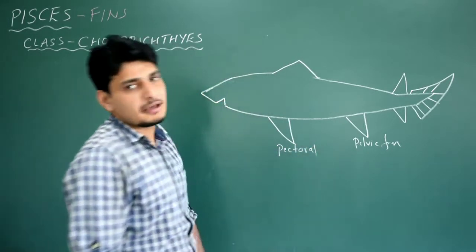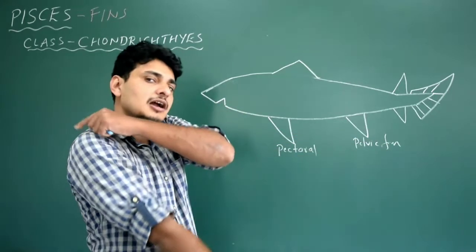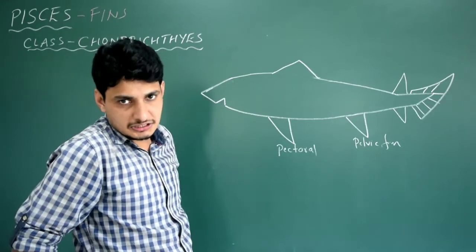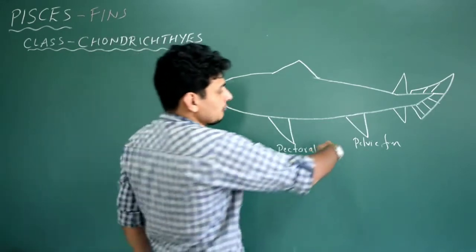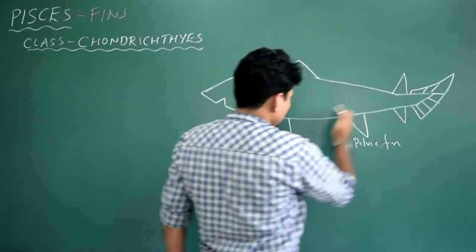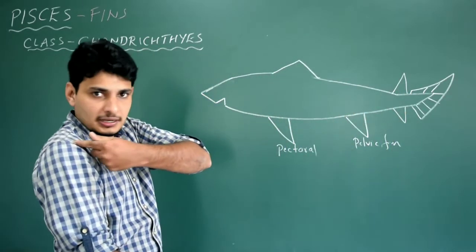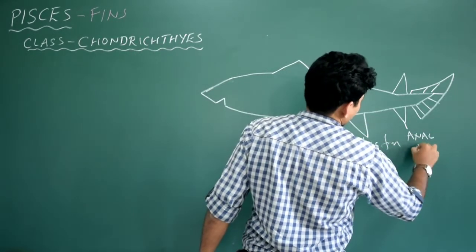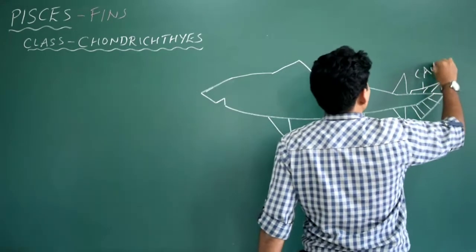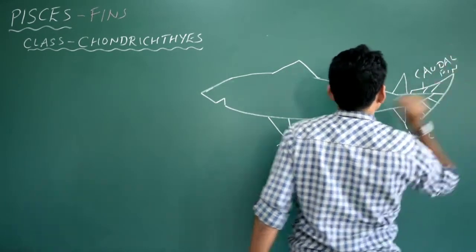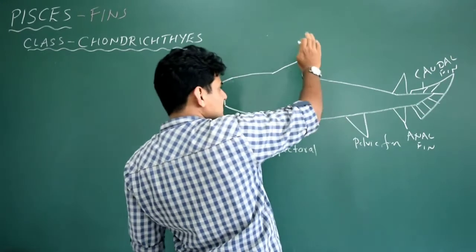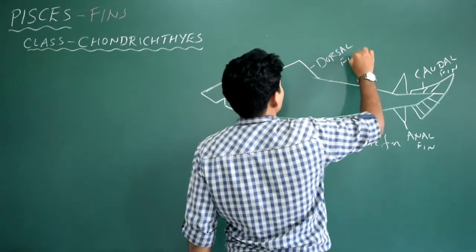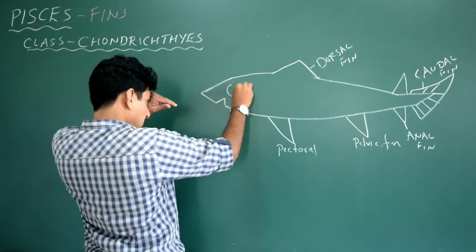Simple. What is the meaning of pelvic and pectoral? See, my arms are attached to the pectoral bones. So this is the pectoral bone. Got it? Pelvic is this region, pelvis, pelvic. That is actually in the posterior region of the body. Pectoral is the anterior position of the body. That's it. Okay, pectoral, pelvic fin, and this is the anal fin, and this one is the caudal fin. And this is situated on the dorsal side of the body of the organism. So this is the dorsal fin.